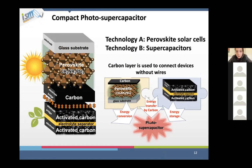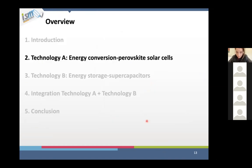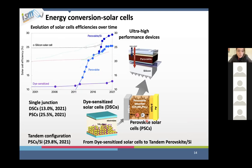Now let's move to the energy conversion, the perovskite solar cell. I would like to give you some introduction and the story behind how perovskite appeared in the field of photovoltaics. Here is the famous NREL chart, where we track every year the power conversion efficiency of all types of solar cell technology. Here I plot dye-sensitized solar cells because